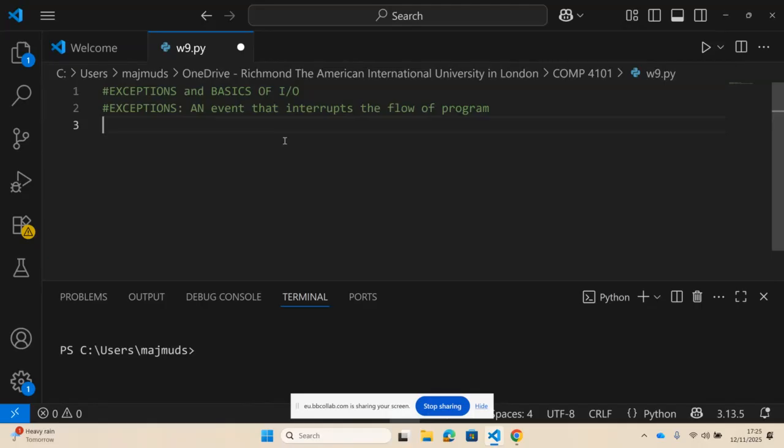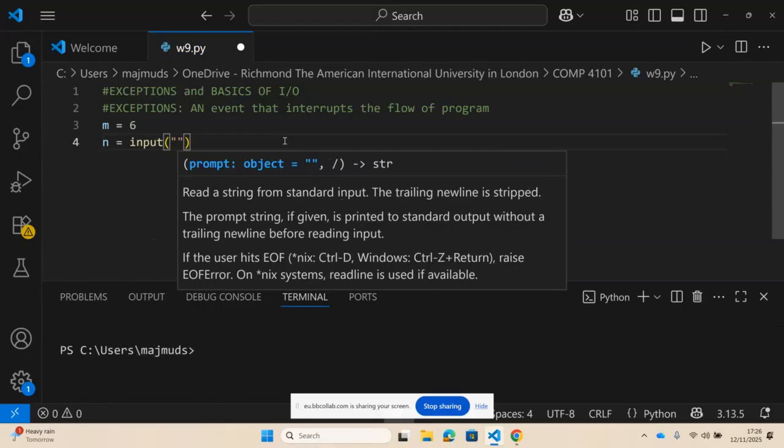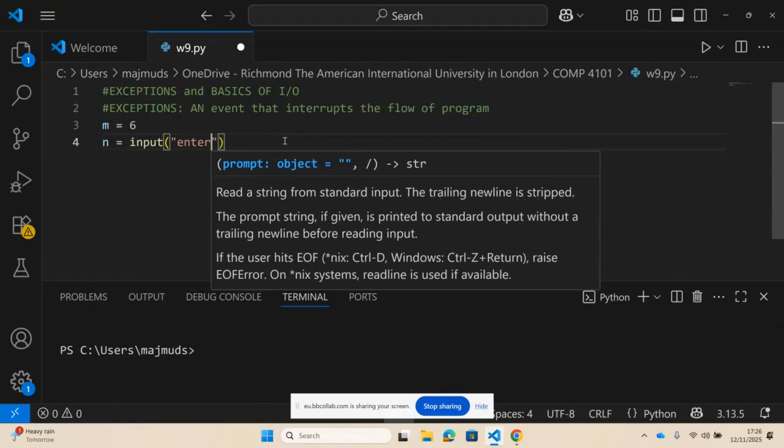Okay, so for that, let's do a basic math example. Let's define m to be, say, 6. And let n be an input from a user. So can somebody help me? How can I take an input from a user? What do I type here? I want n to be an input. So you say input, and in the bracket you say enter a